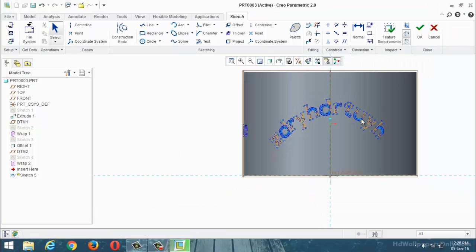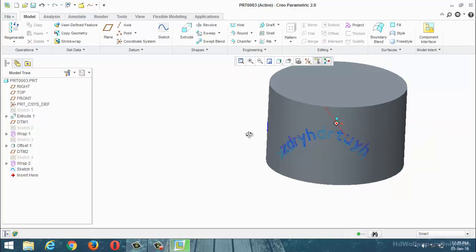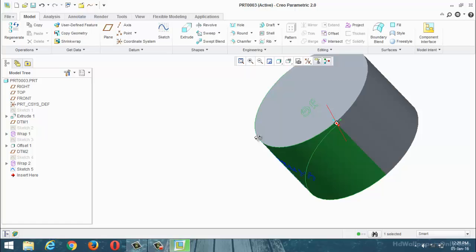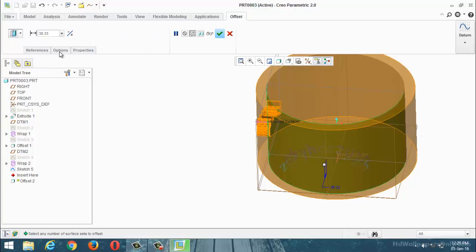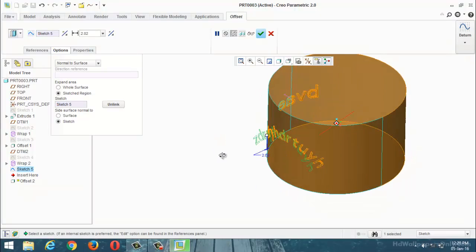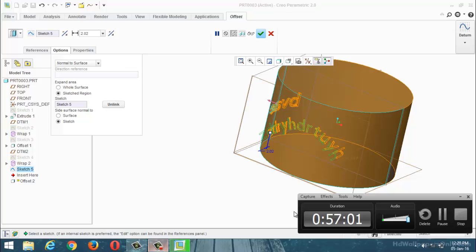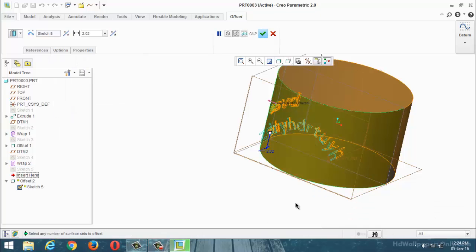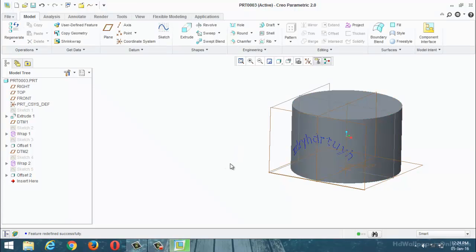Okay, then you can apply the, select this one, this face. Okay, offset, set one to third one, expand the feature, options, sketched region, this one, same procedure, just add on this one, up to this. Okay, just close this. Okay, now that is the